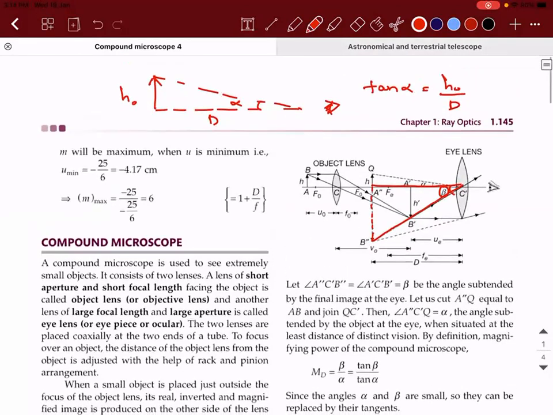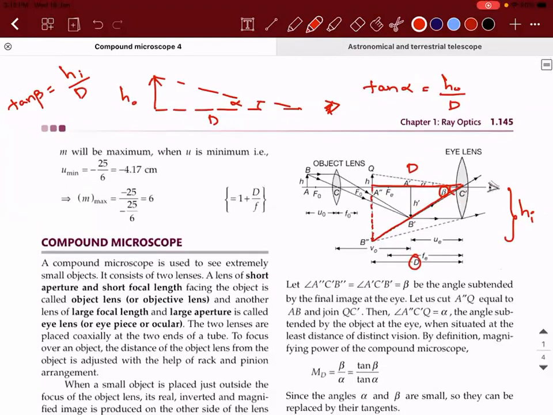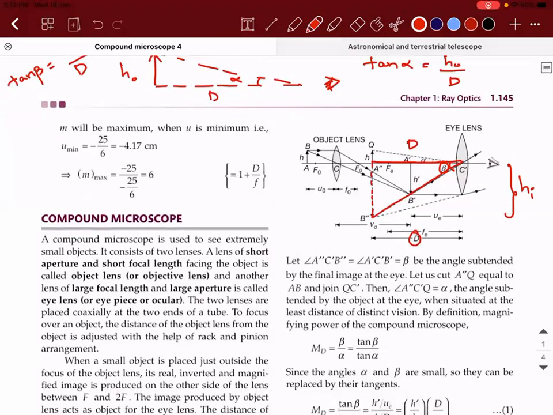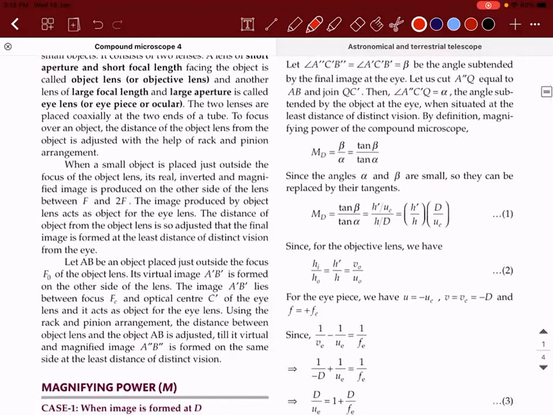So what is going to be the value of tan beta? Tan beta will be equal to the height of the final image, Hi, divided by the same D. This distance is D, right? So the magnifying power, we know that it is equal to beta by alpha, but beta is equal to tan beta and alpha is equal to tan alpha, right? So having this in mind, what we will do is we will write tan beta by tan alpha is equal to